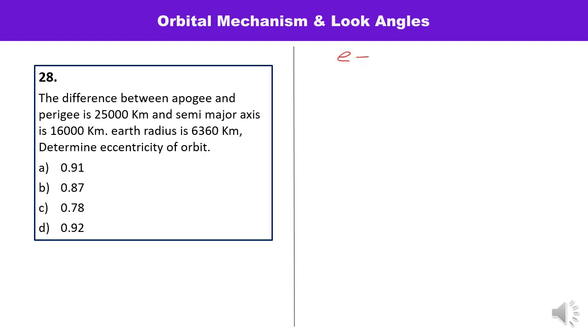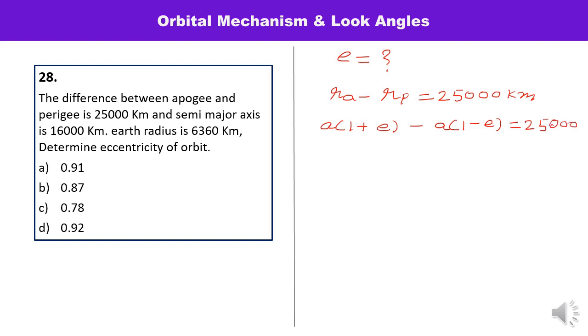It means you have to calculate E. The difference between apogee and perigee means RA minus RP. This is what? 25,000 kilometer. You know that RA is what? It can be written as A times 1 plus E, and RP is what? A times 1 minus E, and this is equal to